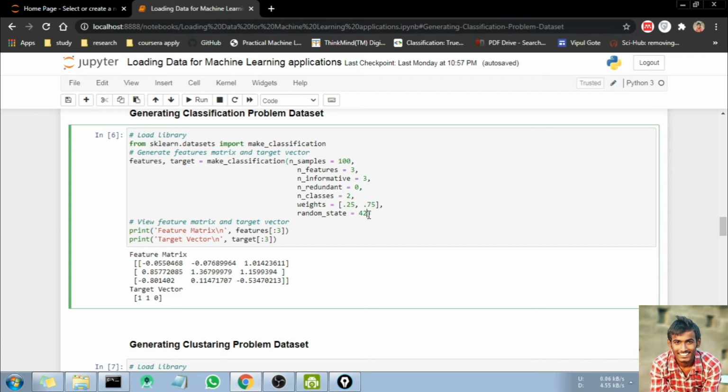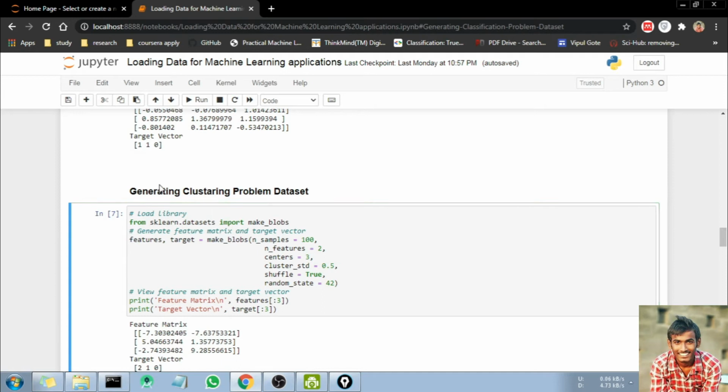This parameter is very useful in training and testing, because by setting random state to a fixed value we get the same dataset each time, and our training and validation accuracy remains constant throughout the executions.